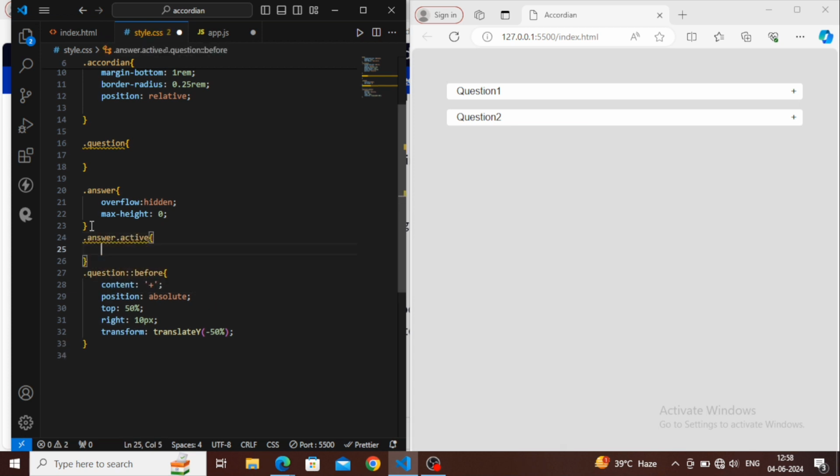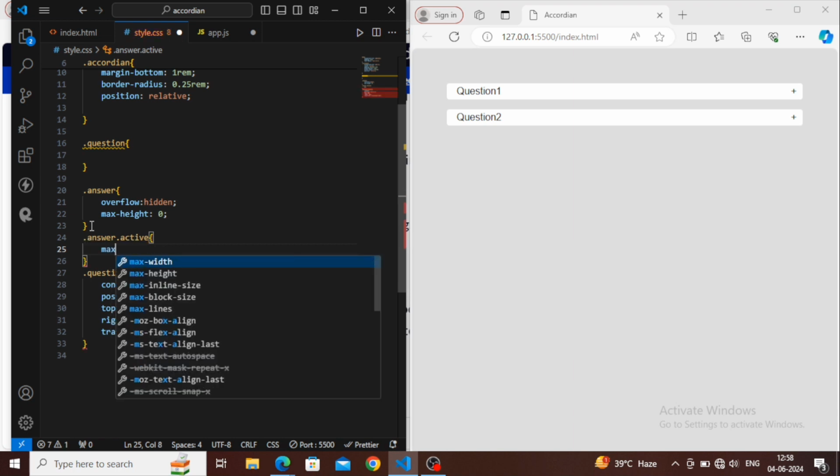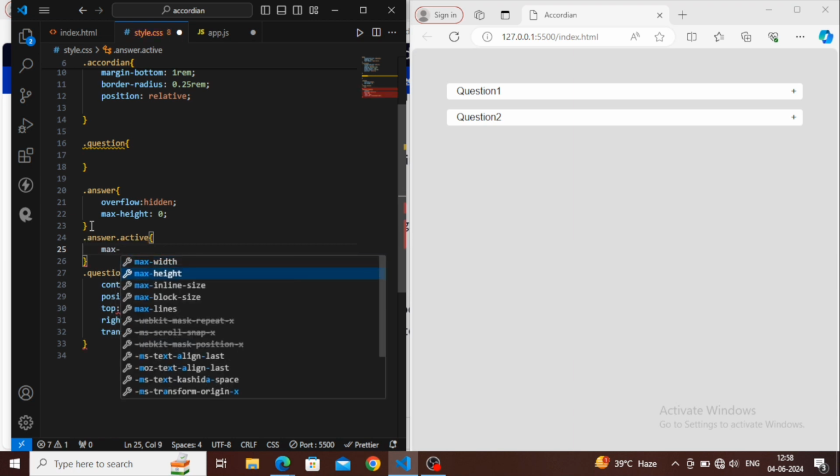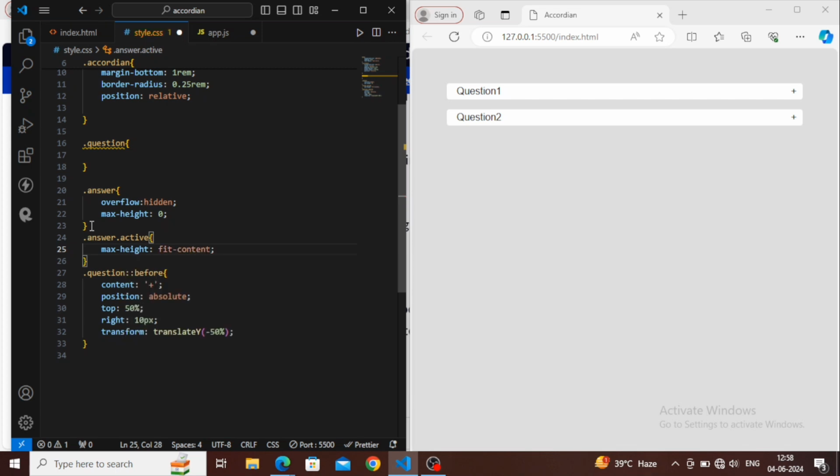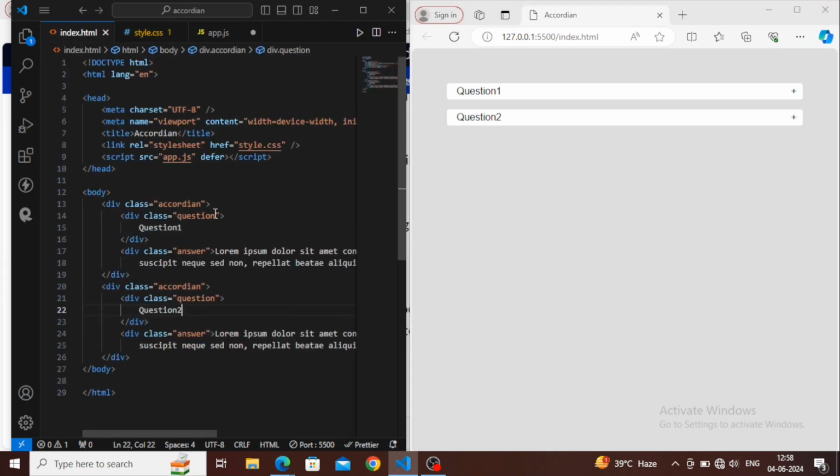We have given another class name there, and inside it we will do max height fit content, so that the content will be visible again. So let me do an experiment here. Let's write this active class name inside one question, and it will be inside the answer.